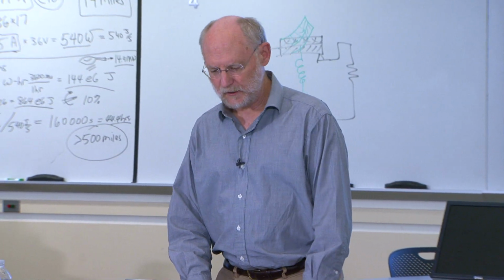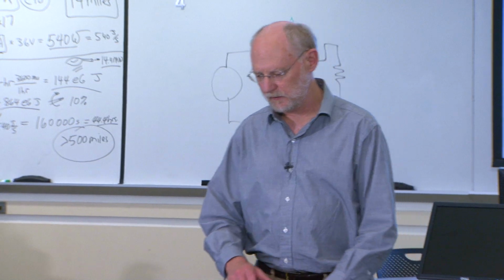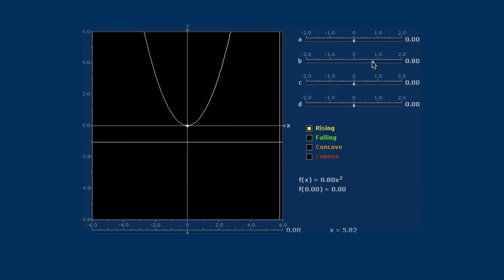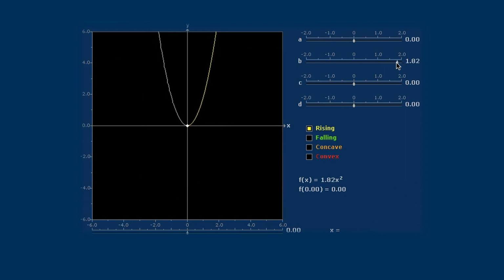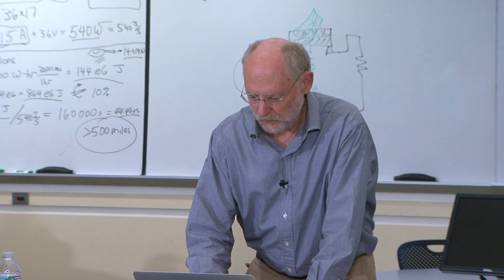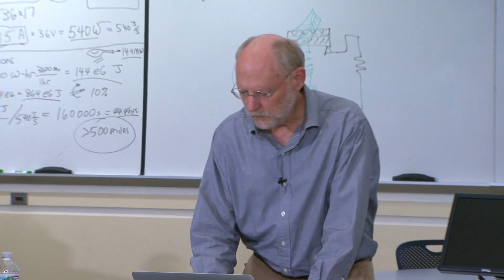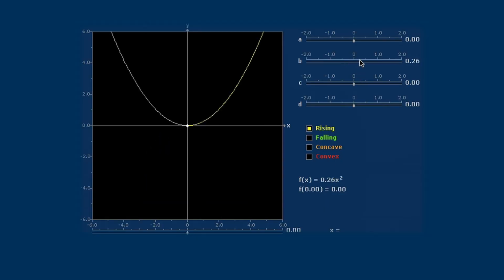All right, so I think the winner here in the election was thinner. Yes, thinner. If I increase b, it's supposed to get thinner. There we go. And of course, if I make b negative, then I get a parabola that opens down. All right, so let's put b up to some positive number. And I'm going to make d look more interesting as well.